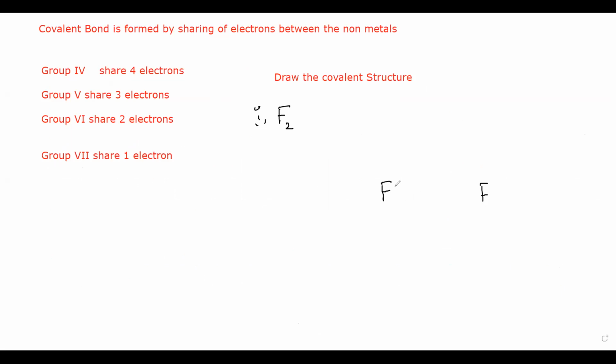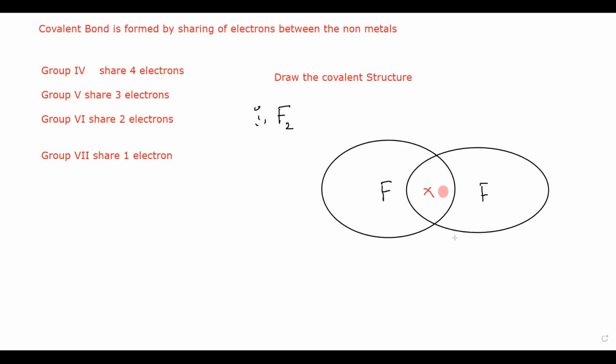And when we draw the shared electron, we should draw it between the atoms. So this fluorine will share 1 electron, it will bring 1 electron. And the other fluorine will also bring 1 electron, because they can share 1. And they will form a bond with each other. So we'll circle them. It means they shared a pair of electrons, 1 electron from each fluorine, joined together